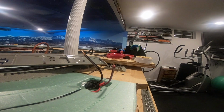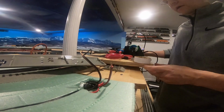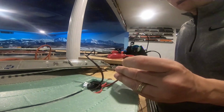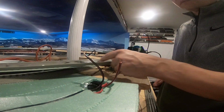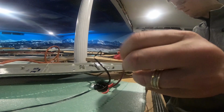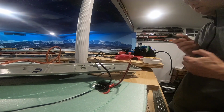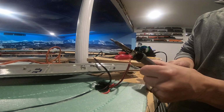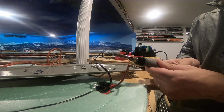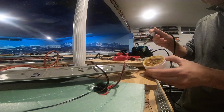Alright, so we're going to show you how to solder these wires, these connectors, to the Fastrack. You've got the red that's going to go in the center, and then you've got the black that's going to go to the outside rail. And so what we've done is we've heated up our solder gun here, and I just want you to take a look at the tip of this. The tip of the solder gun has to continue to be cleaned every time you take it out, okay? So the way you do that is you got to get a little flux put in there,